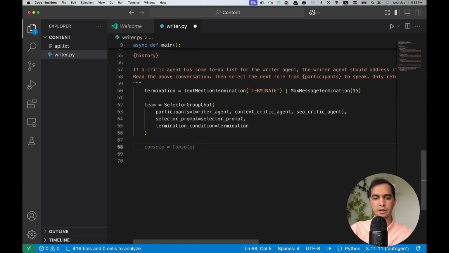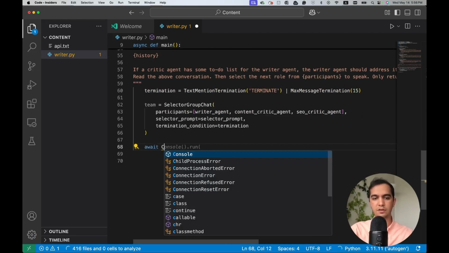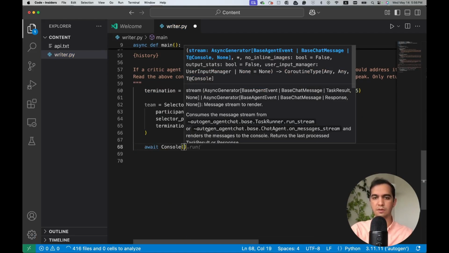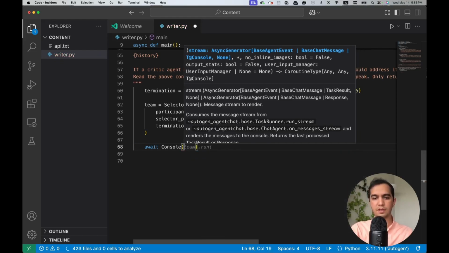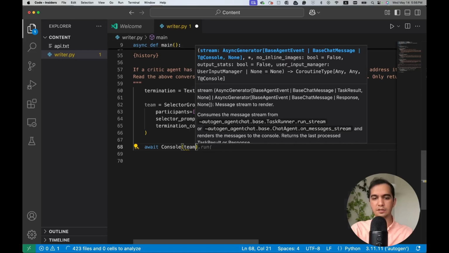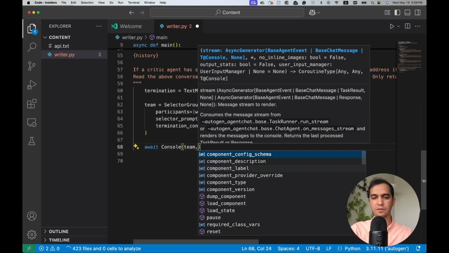And here I can say await Console. It's a coroutine, so await Console. And it gets a stream, which is an async generator. So I can call the run_stream method of my team. So let's say team.run_stream,